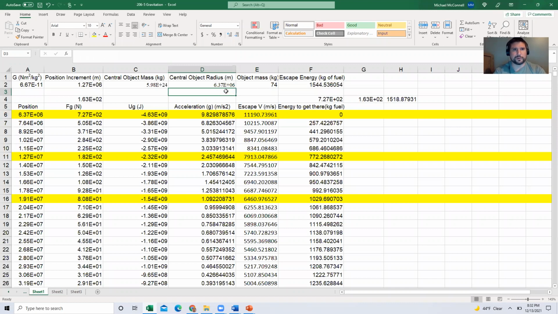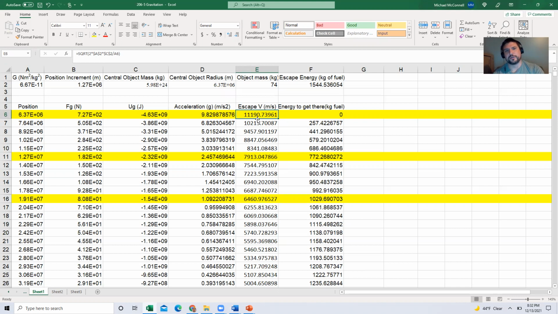It looks like I have some scratch work in different places, and you may not want to look at those numbers. They're probably going to distract you. But the escape velocity right here is the escape velocity from that location. As you get farther and farther up, it takes less and less velocity to escape from that location because you've already climbed your way 1 full radius above the surface of the Earth. 1 full diameter above the surface would be right here. So you only need 6,460 meters per second of velocity to get away from that position,